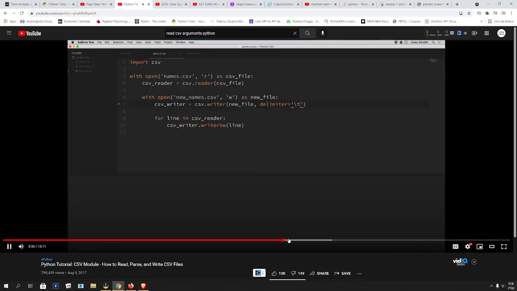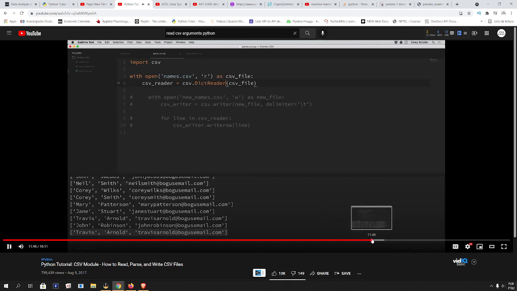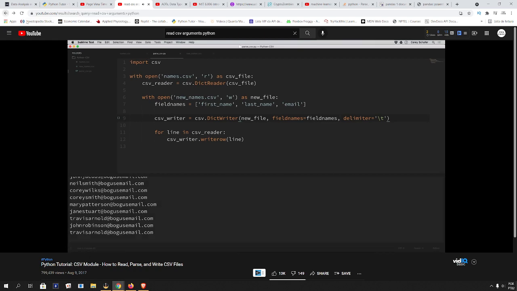Our CSV can be represented with this tab delimiter, and just tried to pass in that we want reader like this, because it makes it a lot easier. So I'm going to use a method where instead field names in the first row. So if we want